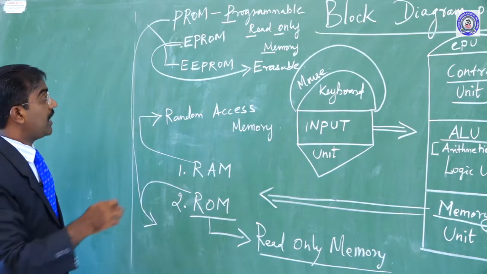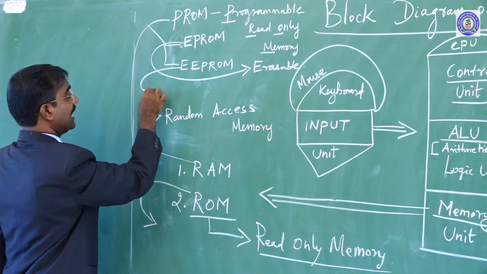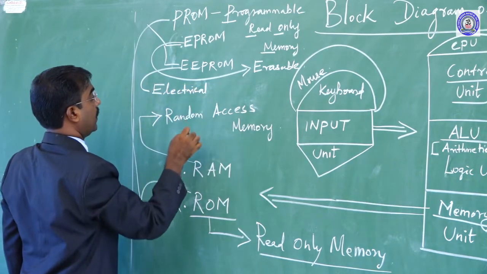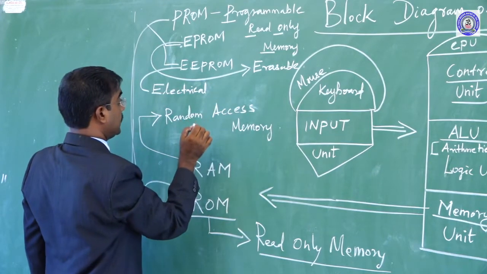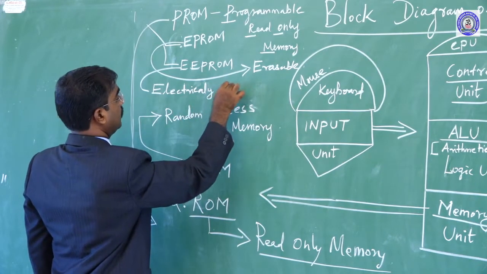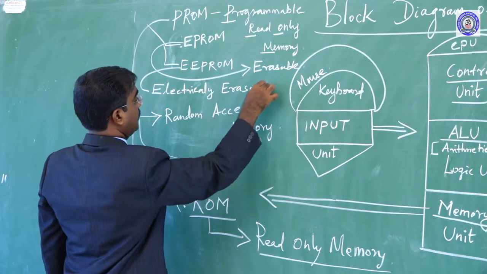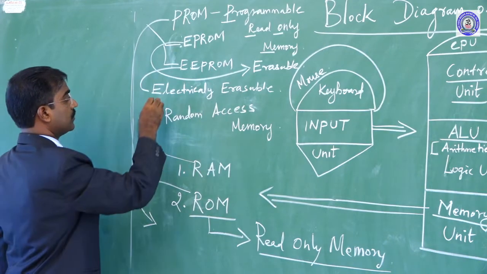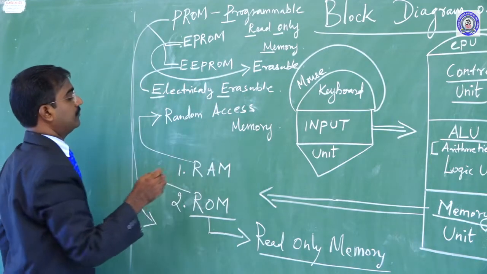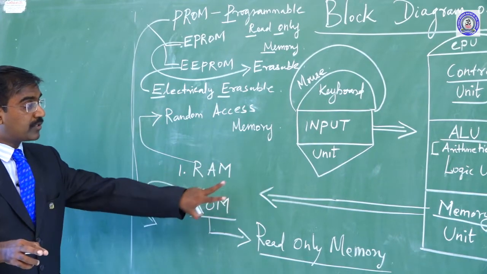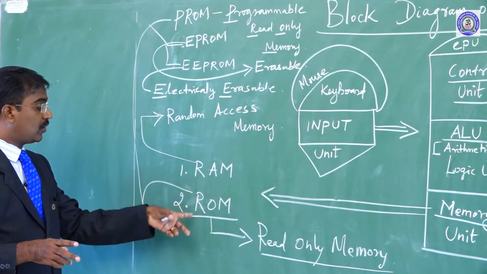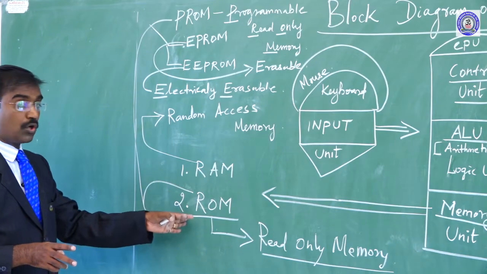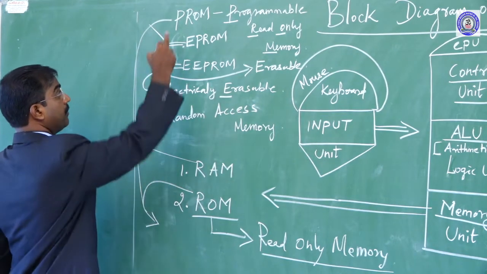But another one, the EEPROM, is nothing but electrically erasable programmable read only memory. So this is called EEPROM. So the only two types of memory unit are RAM and ROM. RAM stands for random access memory. Now ROM has divisions: PROM,